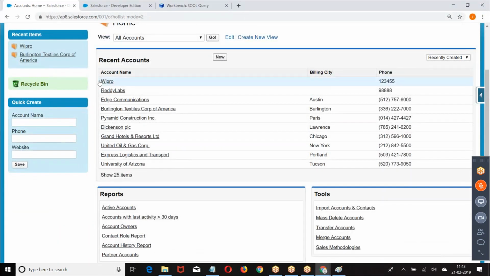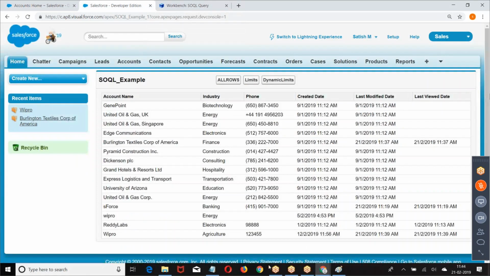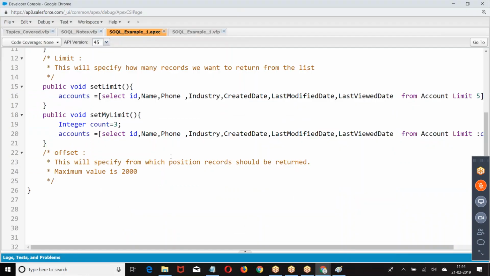Now I got these records. When you got these records, from which position do I have to start? From the third position, from the fourth position. Now write a query: from the result we are getting, return me all the records from the given position.